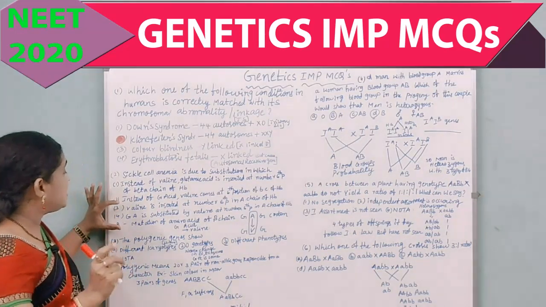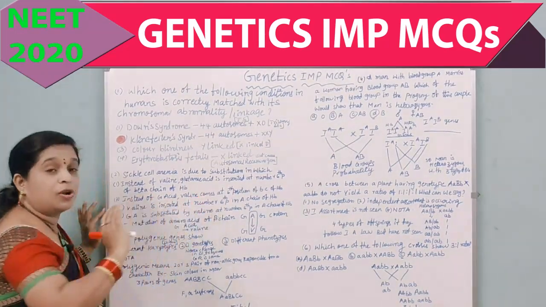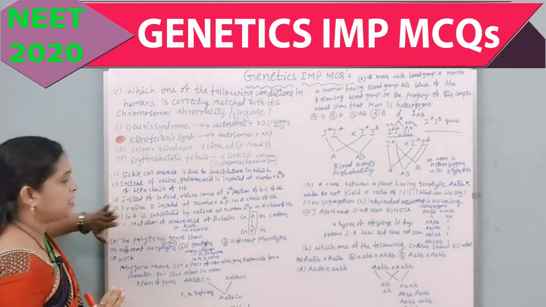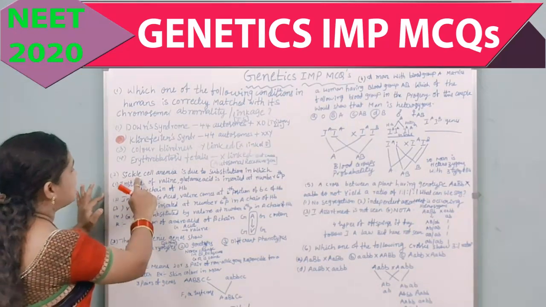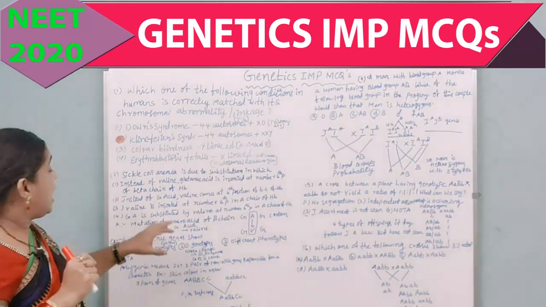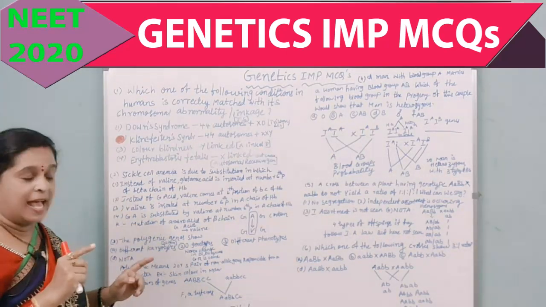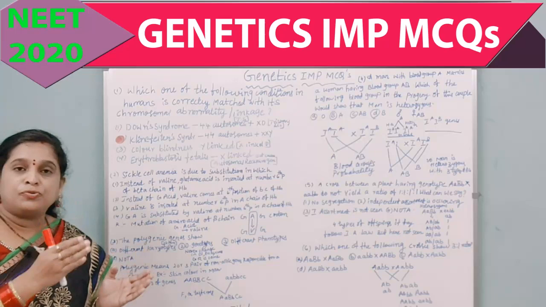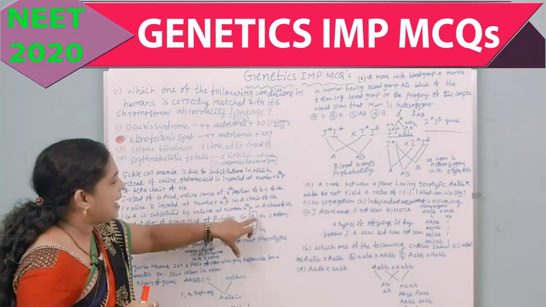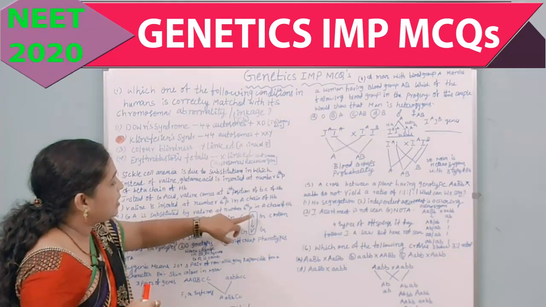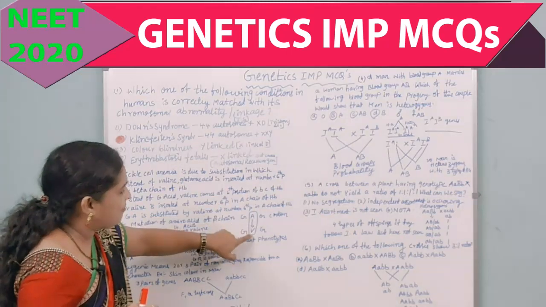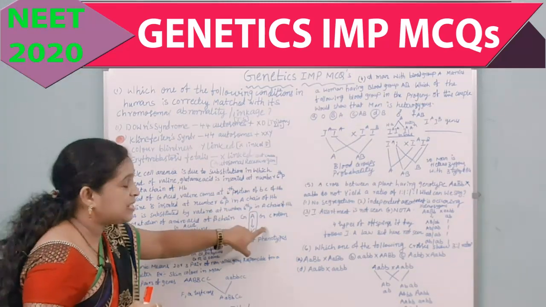First, you know that the alpha chain is not at all responsible for this, so remove options C and D. Why? Because sickle cell anemia is caused by a mutation of the amino acid glutamic acid when it is substituted by valine. The codon GAG, which codes for glutamic acid, is substituted by a valine codon.